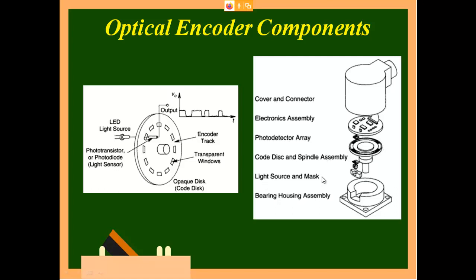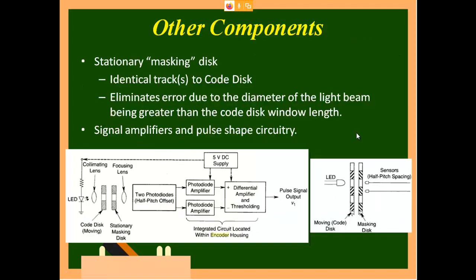Then the light source and the mask, you will have a light source and this light source will be going here. Now this projected part is going to receive the rotation from the outside. Then again this bearing and assembly, all this will be put together, and the only thing which will come out of the device is this rod. If this rod is rotated angularly, then correspondingly this disk will rotate. The rotation of the disk is read by a light source and a light receiver. So this is with respect to an encoder.